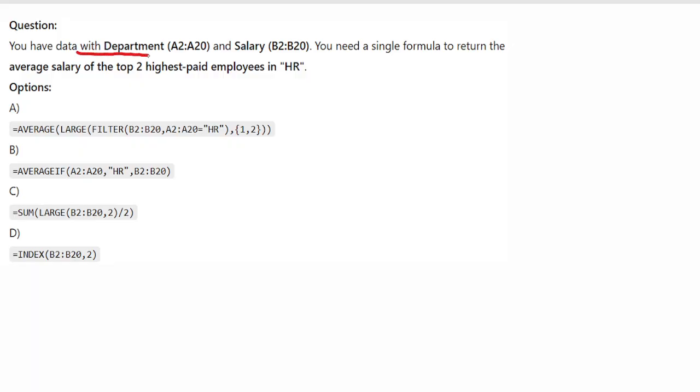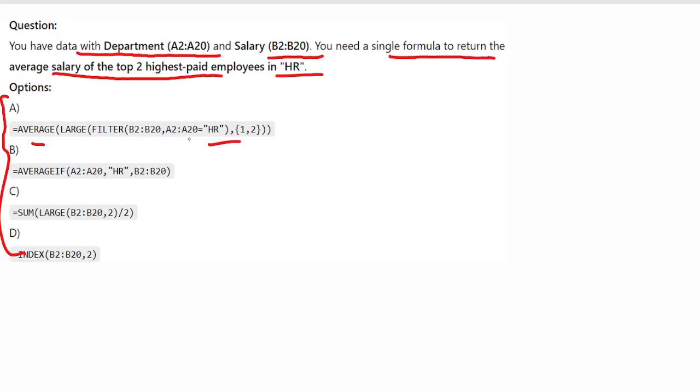You have data with department in A2 to A20 and salary in B2 to B20. You need a single formula to return the average salary of the top two highest paid employees in HR. What is the correct option here? The correct option is option number A, because it filters the salary where the department equals HR, and LARGE picks the top two, because we need the average of the top two highest paid employees.